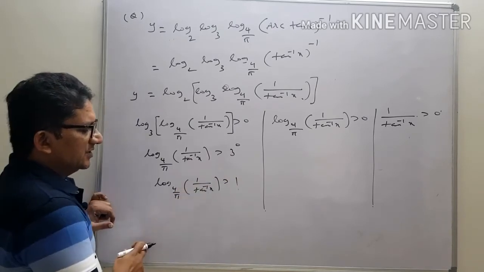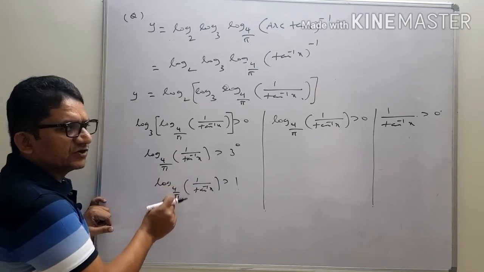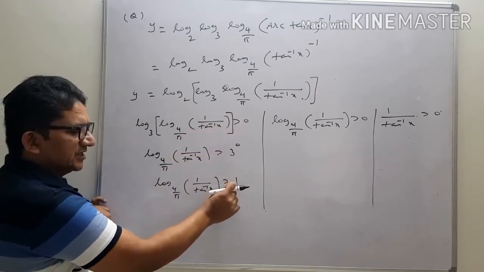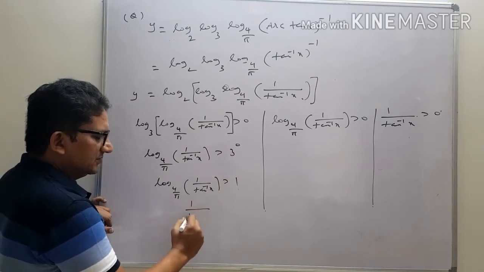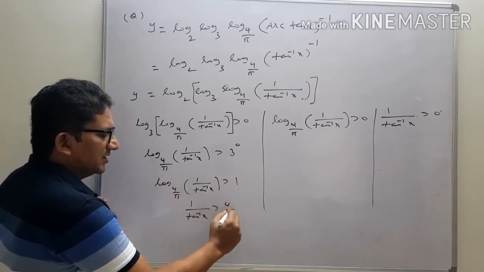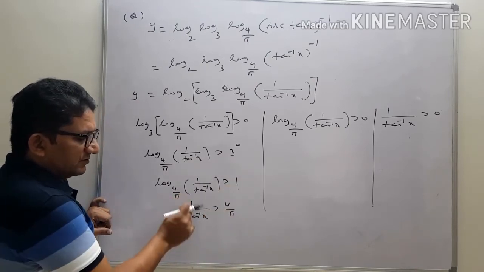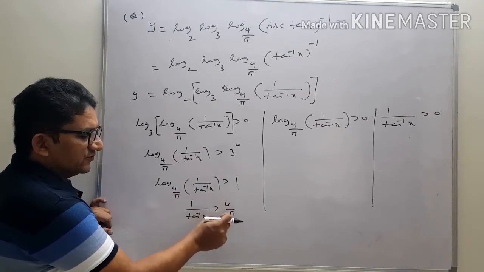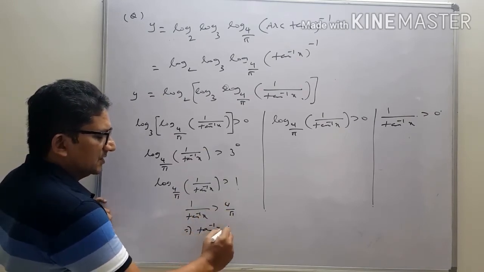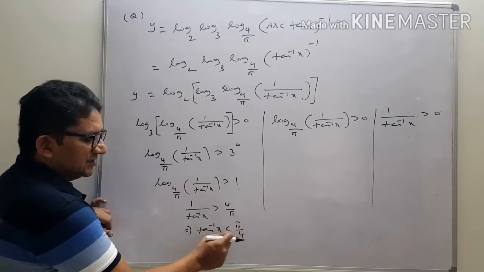Now, again we can apply the property here. So, 4 by pi, if you observe, 4 divided by 3.14 is more than 1 only. So, again inequality stays as it is. Then we will get 1 by tan inverse x is greater than 4 by pi to the power 1, means what, we will get 1 only. When 1 by tan inverse x is greater than 4 by pi, its reciprocal condition will be what? Lesser than pi by 4. Now, tan inverse x is less than pi by 4.